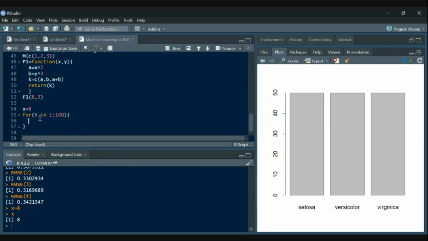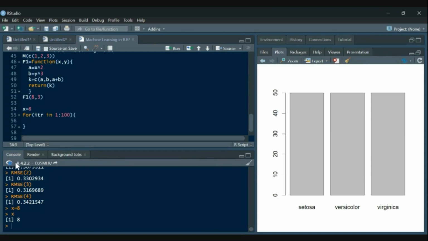Basically, this is the condition for the for loop, that I will take value from 1 to 100. So first time when the loop runs, I will take the value 1. You can use any other variable here. You can write ITR, whatever it be. I have taken I. So I in 1 to 100. So ITR in 1 to 100, number of iterations. So for the how X should change with each iteration.